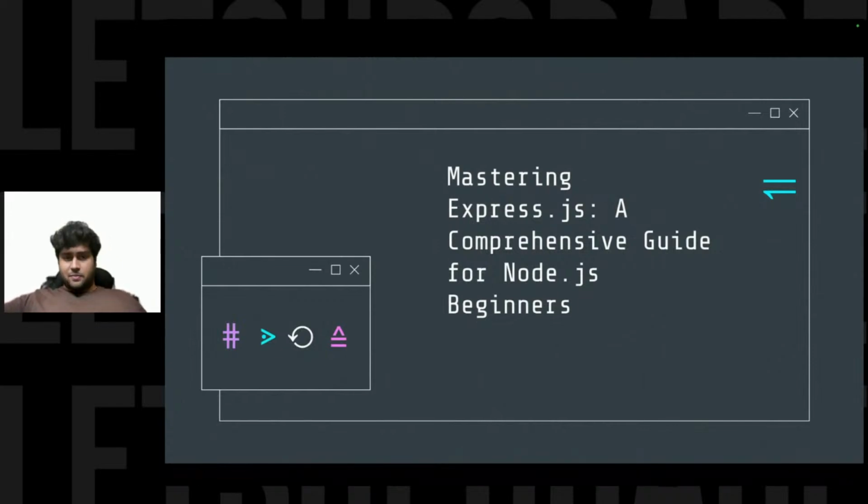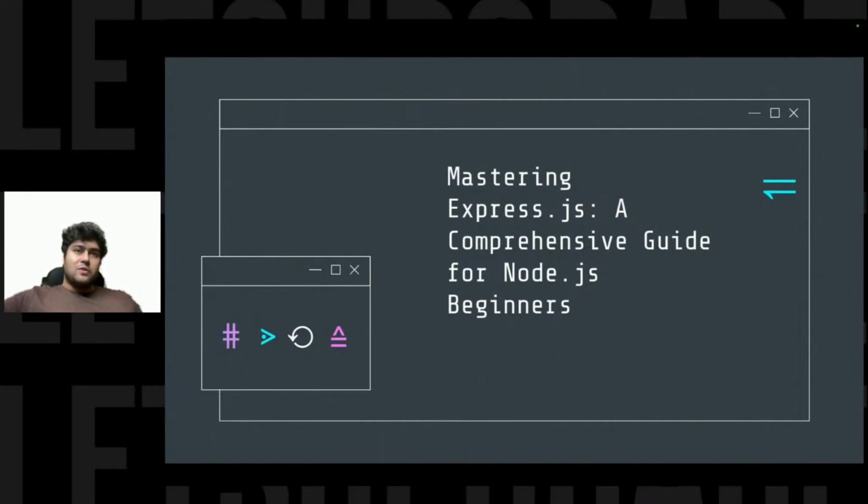When I'm talking about Express.js, it's also a framework. Now we know what a framework is, so why do we need it? As I mentioned in the last few classes, Node.js is mainly used for creating server-side code. In the first class we learned about the HTTP module.